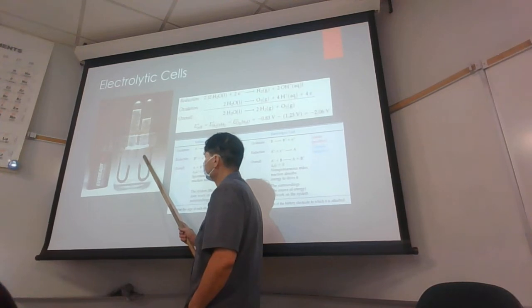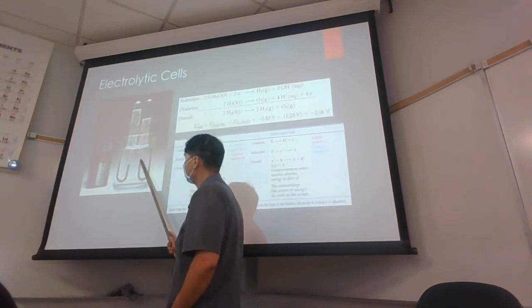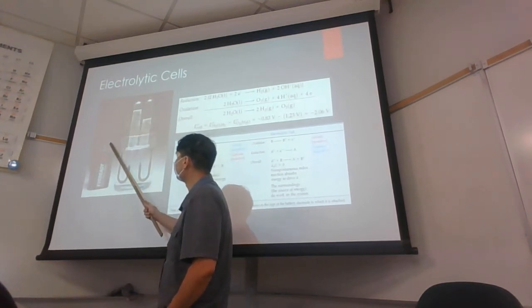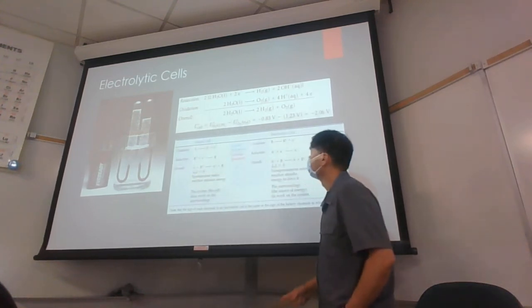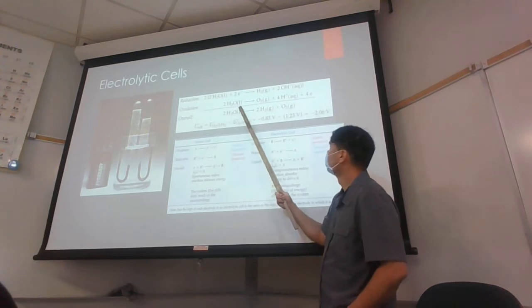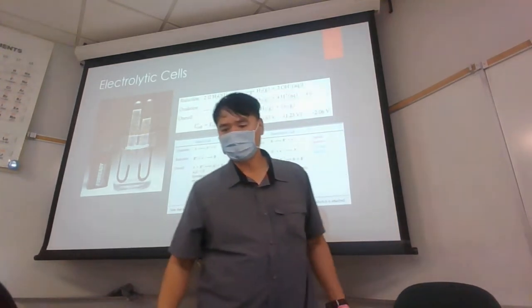But if we kept convention, we're going to take electrons from here and force them, so this would be the anode of the cell going to the cathode of the battery. We'll suck the electrons in. And we can tell that this one is indeed the anode of the cell because we're going to have oxidation occur here. When we oxidize water,